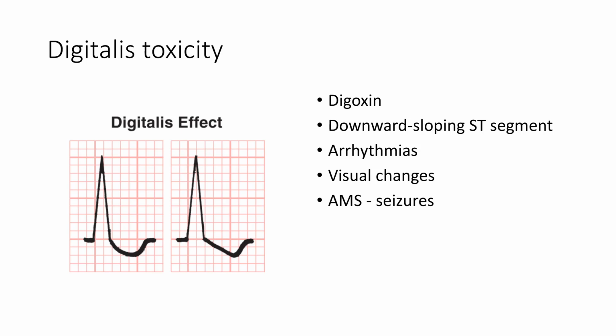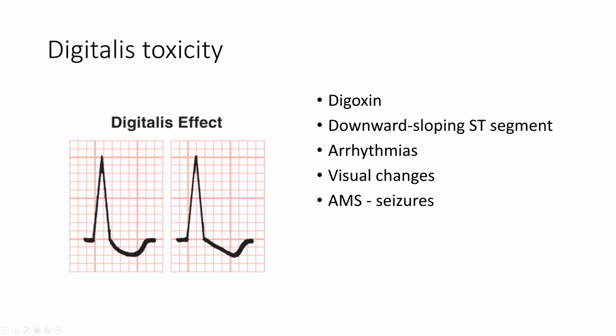Now, digoxin is a widely prescribed medication, perhaps less so than it used to be. It is usually used in the setting of rate control and atrial fibrillation, or perhaps more commonly as an adjunct medication to reduce hospitalization in advanced heart failure patients. The patients that receive digoxin typically are older and have multiple morbidities, with renal insufficiency being among those. And so anytime you see a patient with altered mental status, arrhythmias, visual changes, seizures, and you're not entirely sure what's going on with that patient, you should consider checking a digitalis level if they are on digoxin,